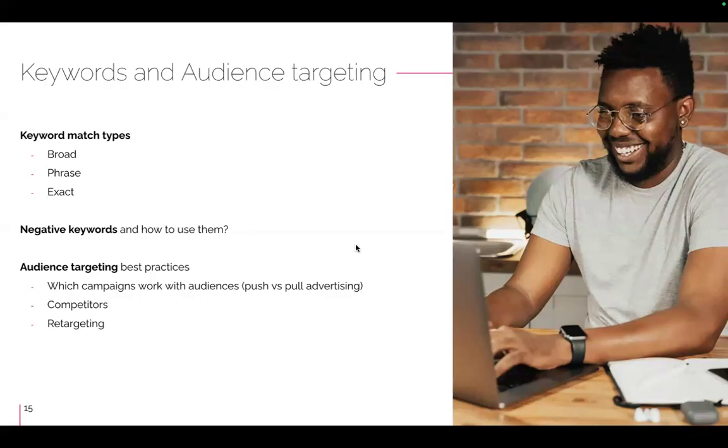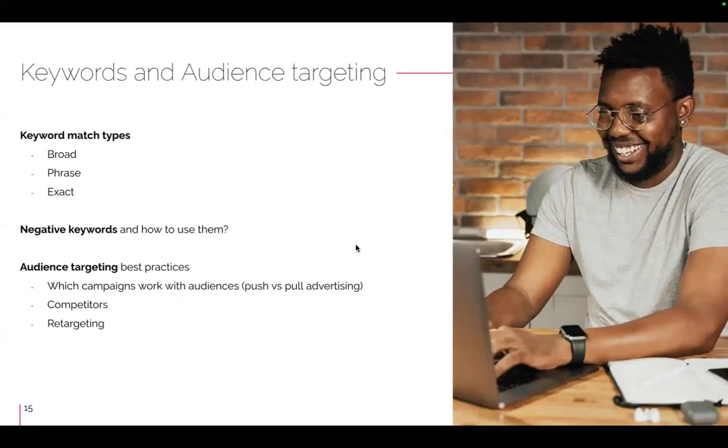If I'm an advertiser, then push advertisement would be when I push an advertising onto your feed. So for example, on Google, these would be YouTube ads. As you know, they've been pushed in the middle of your video when you didn't want them. Or this would be a display ad, or this would be a Gmail ad. These kinds of ads are coming your way without you searching for anything.